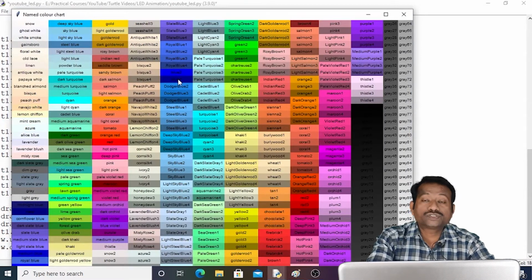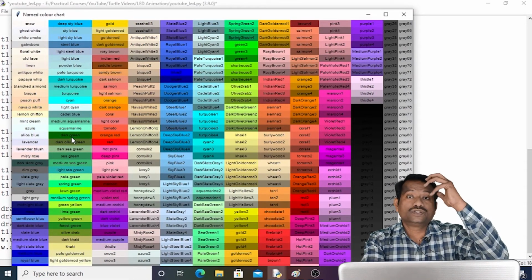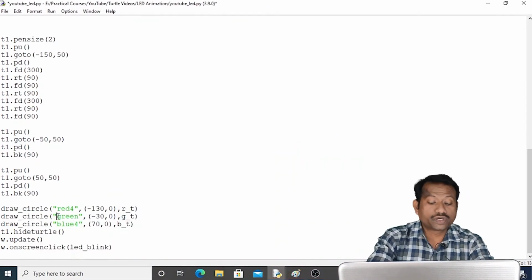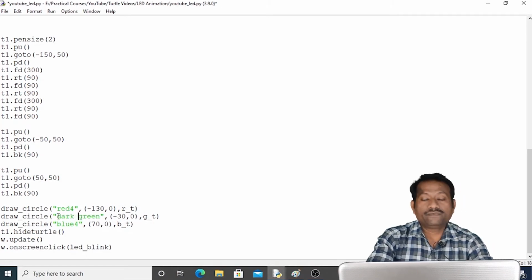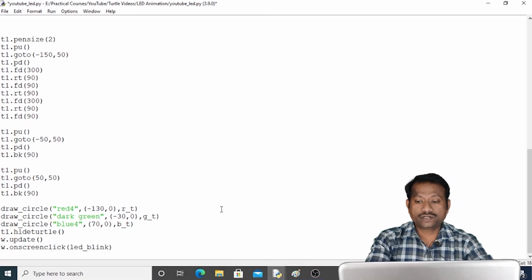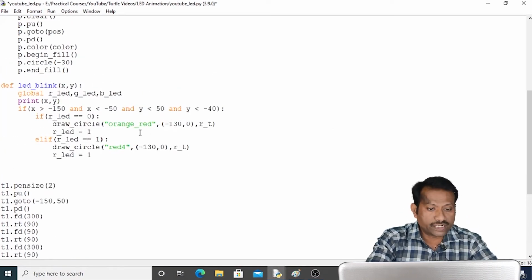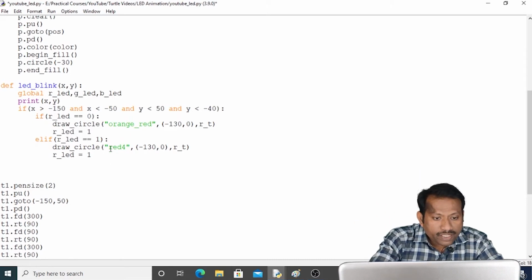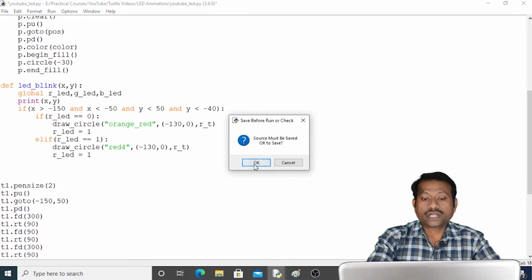So this indicates the off state of the LED, that is blue 4, and similarly dark green will indicate the off state for green. So here I select dark green. There is no green 4, here it is dark green. So it will indicate the off state. All dark colors will indicate the off state and light colors will indicate the on state. So let us set it for red first and then we will make the changes for blue and green. Now we have made the changes for the red LED. Now let me run the program and let us see what kind of output we get.